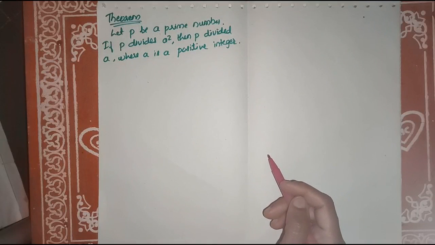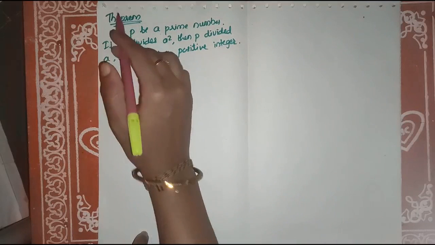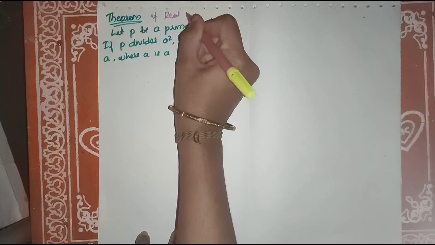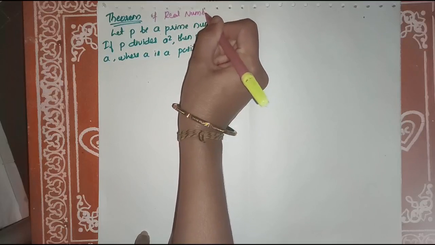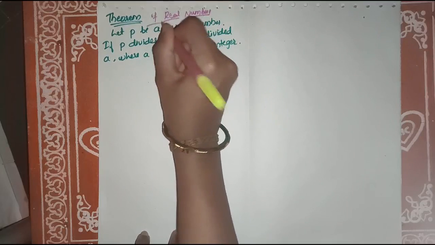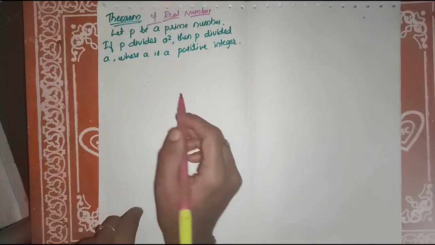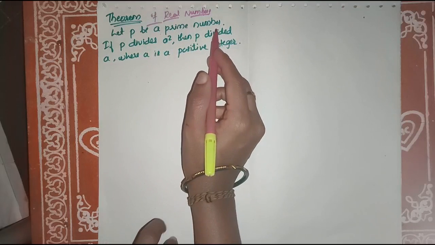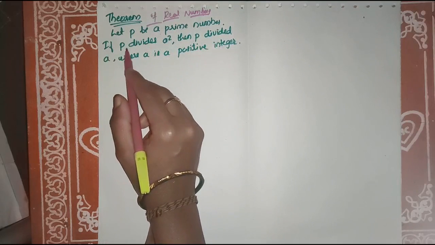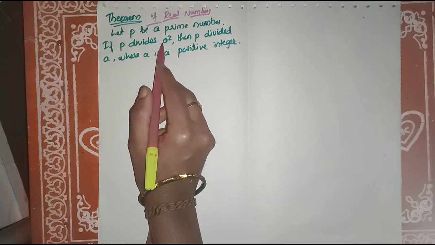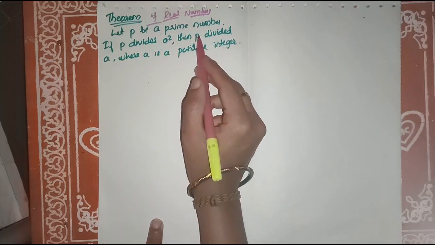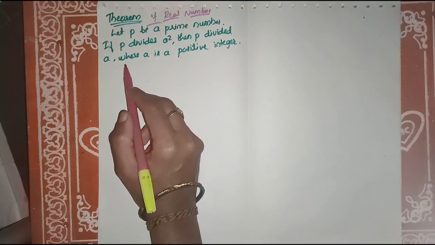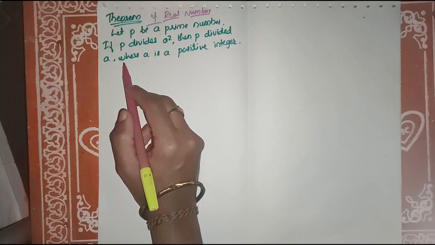So here in this section we will learn a theorem of class 10th, lesson real numbers. The theorem states that: let p be a prime number, if p divides a square, then p divides a, where a is a positive